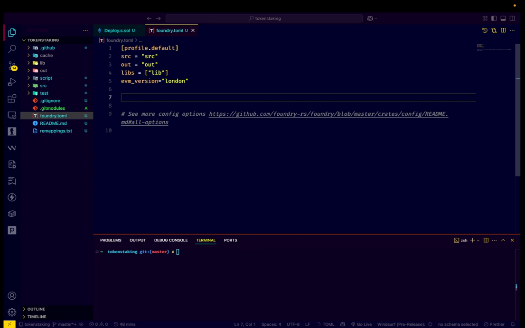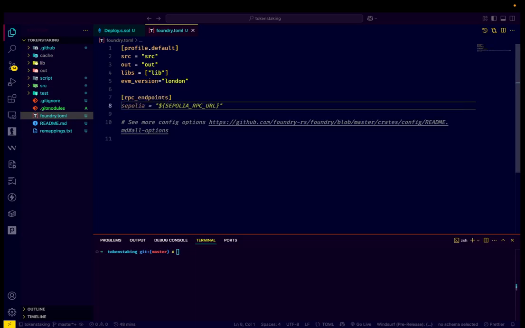And we have to set here our RPC endpoints. This is how you set RPC endpoints in Foundry. And here let's pass rootstock testnet